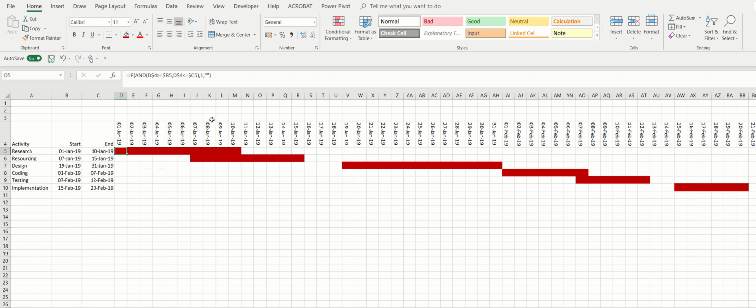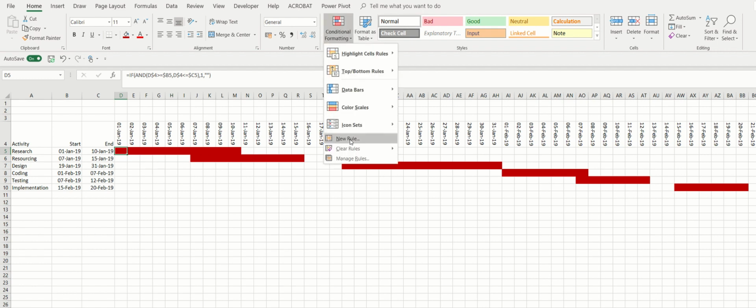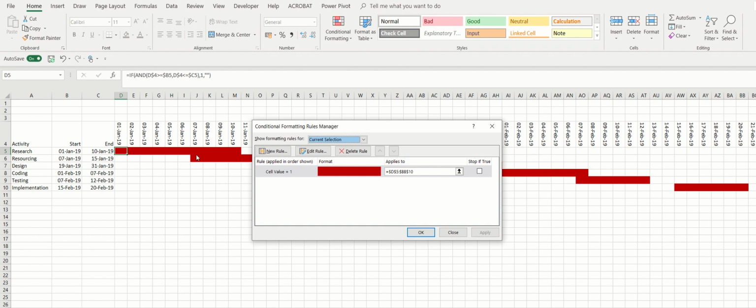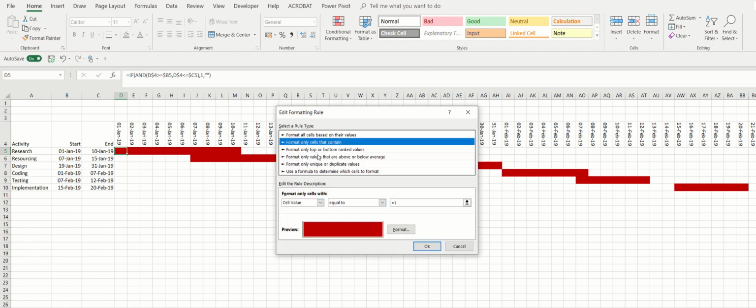What else can I do just to improve things here? Conditional formatting, manage the rules. I'm not very happy with the way these cells merge together. I'd like a little separator between them. I can edit that rule and use a